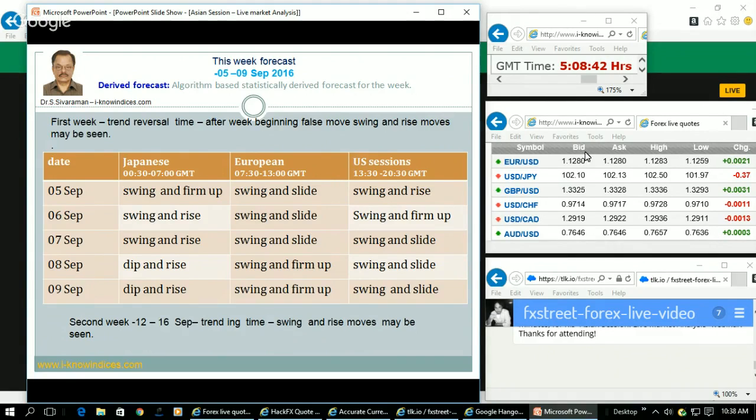So they squeeze the crosses on the lower side, induce the traders to liquidate the long position. So when the traders don't have the long position, and the market started gaining, the crosses started gaining the level, they have no other option than to wait for the resistance to be reached and take sell positions. Then the players squeeze on the upside and induce them to go in for a short covering.